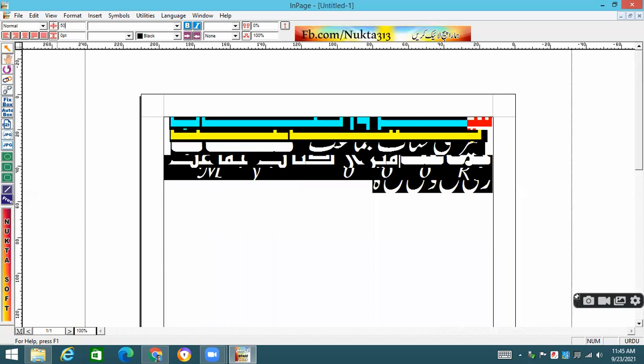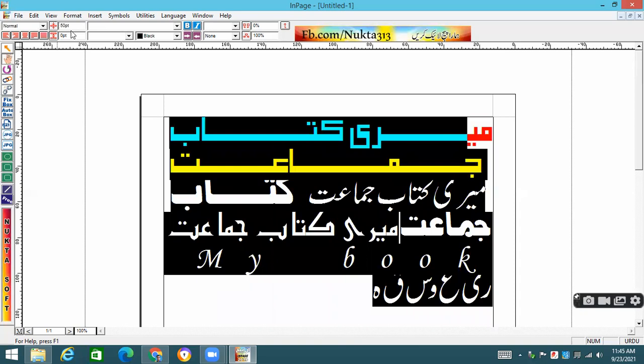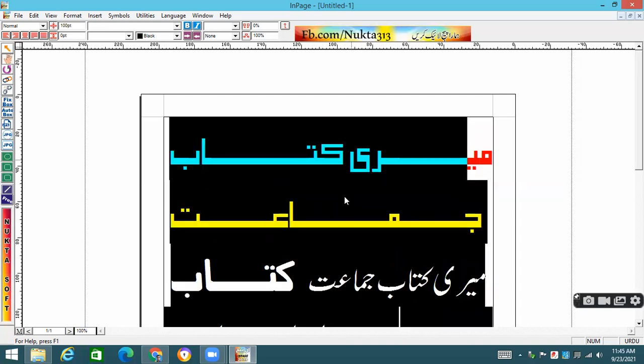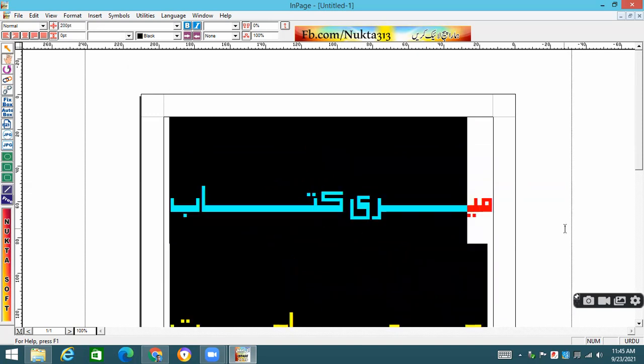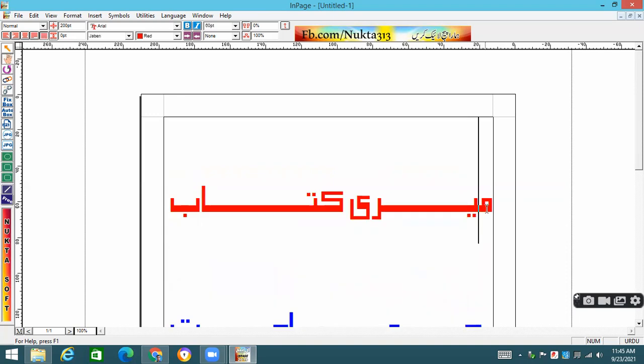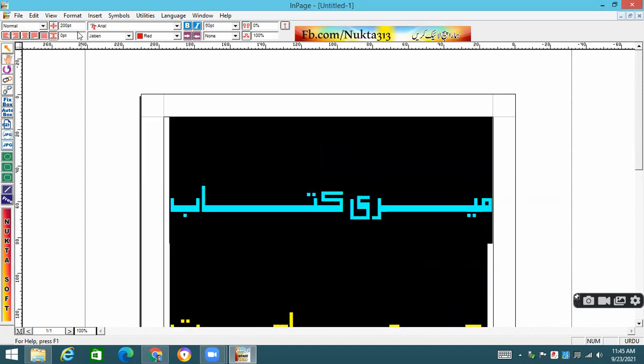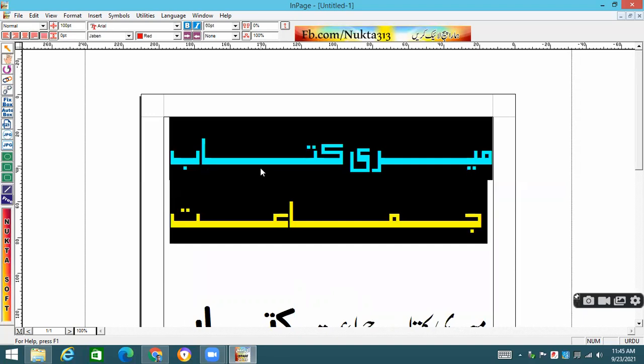Okay, 50 points, 100 points. If I give 100 points over here, now see the distance will increase. The distance between the lines, I am talking about this distance, the vertical distance. If I give over here 200, now see what will happen. Too much distance is there. Okay, you can see what the distance is now. If I give over here 100 points, you can see that this is the distance.